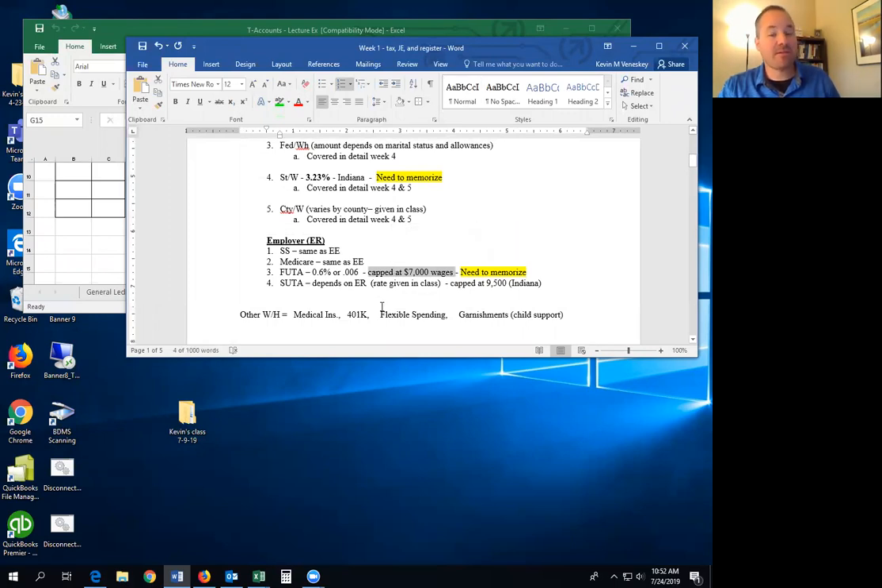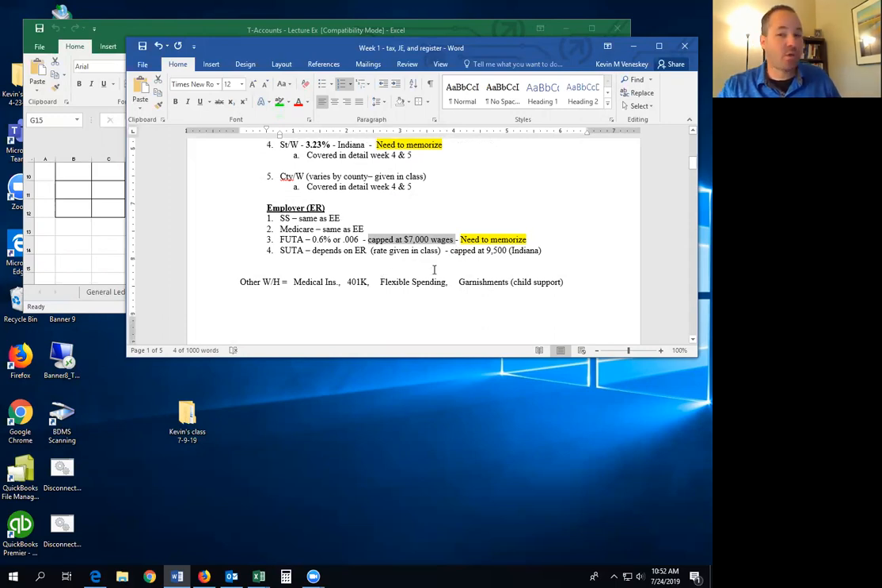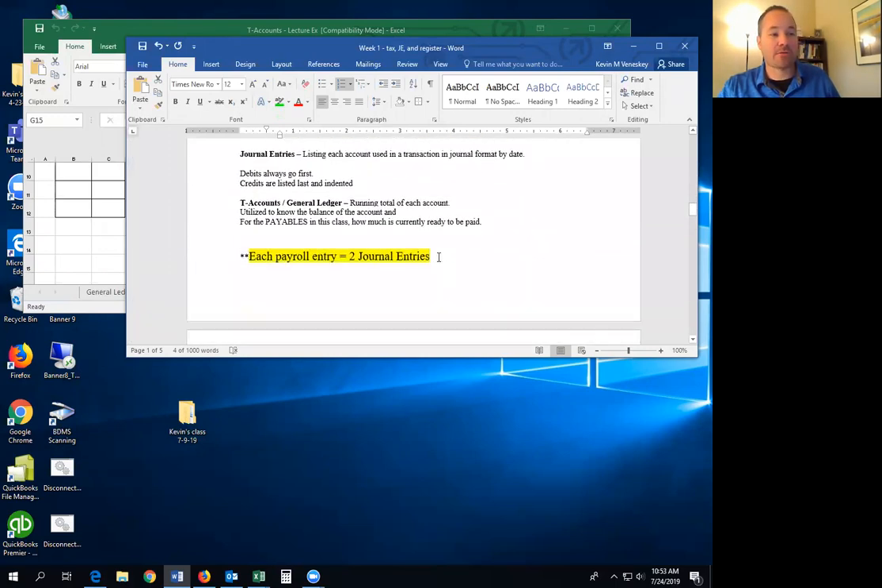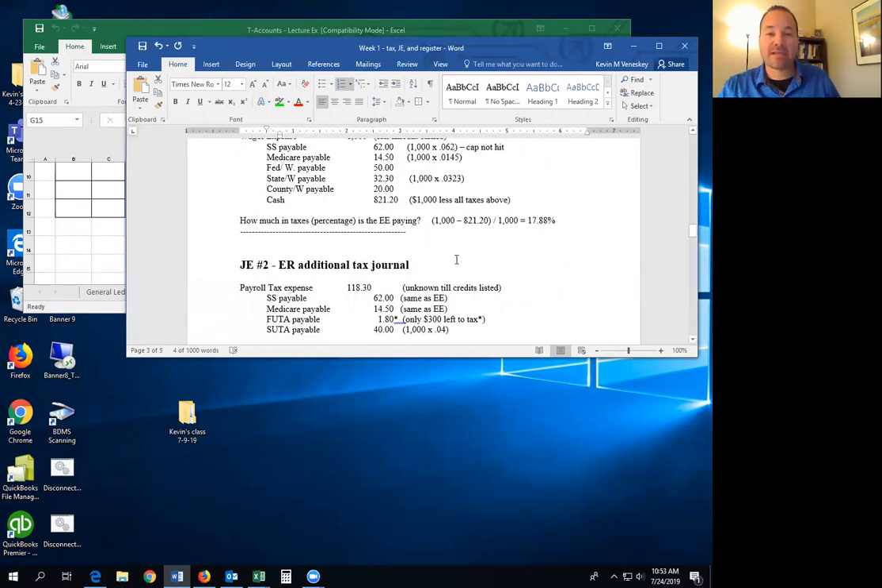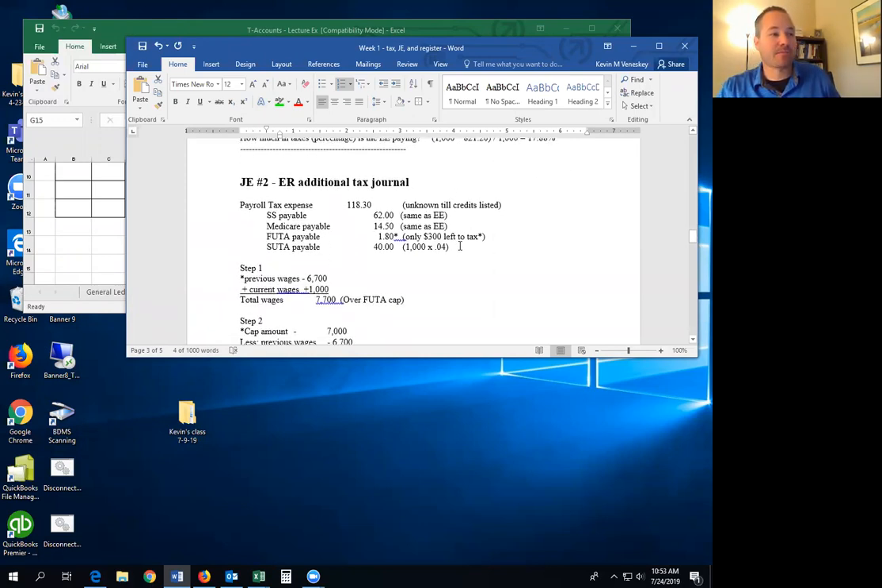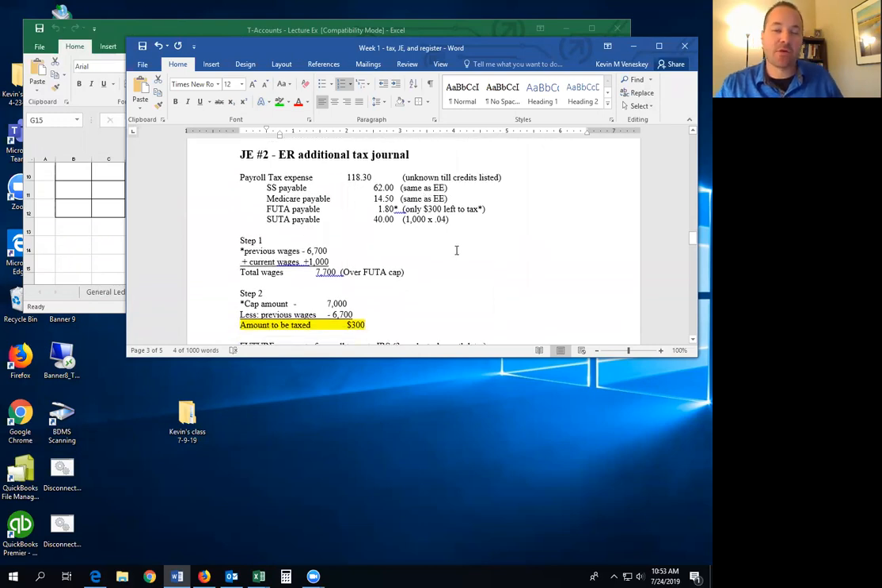6,700 plus 1,000, that's too much. That takes me over the cap. So I don't want to tax all $1,000 that this person earned. I want to only tax the last 300 that got me to 7,000. And I'll show you the 2 steps that you can work that will always help you if you can't quite